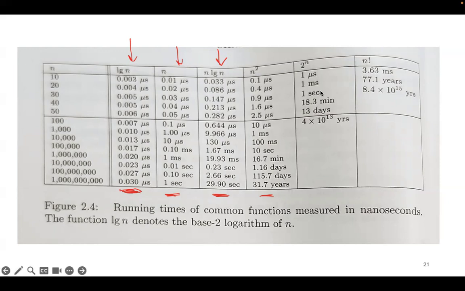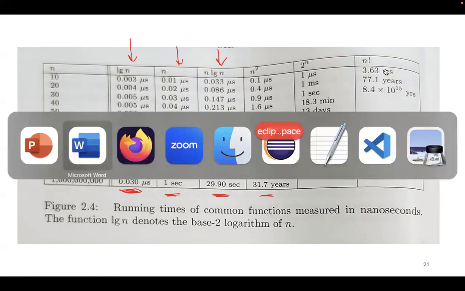And then when you get into this kind of exponential or factorial running time, anything bigger than 10 for n factorial is no good. Yeah, so this chart is kind of why we classify those in that way. Just because n squared, 2 to the n, and n factorial grow really quickly. And so we don't want to write algorithms that have those behaviors.